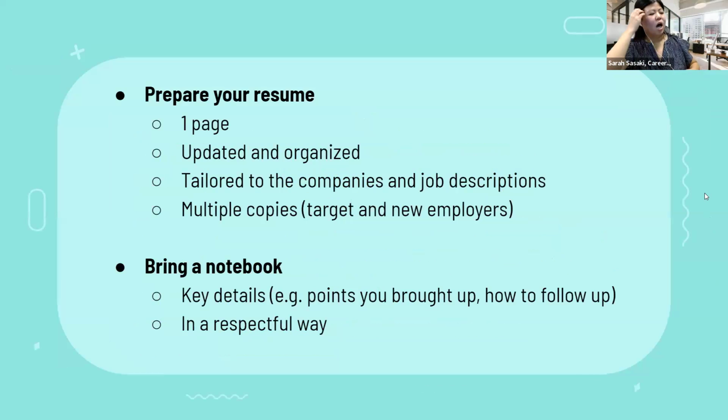Okay, and so now we are moving on to this next part. So please make sure to prepare your resume. Your resume ideally should be one page. At a job fair, it's just much easier to do versus having 2 pages there. One page makes it quicker to scan through as well. And again, your resume should be updated and organized, and it should be tailored to the companies and the descriptions